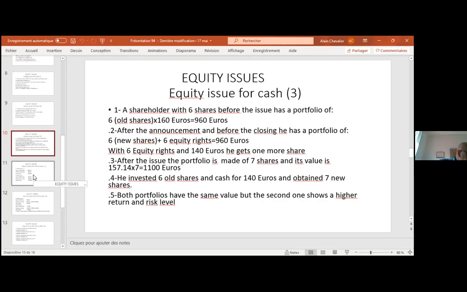Now let's move to question number 4 of the exercise, B4, part 5, same exercise, June 2019. And the question is the following one. What are the consequences of these 2 issues on the balance sheet of the company? Retained earnings were 700,000 euros before the first issue and increased by 40,000 between the 2 issues.